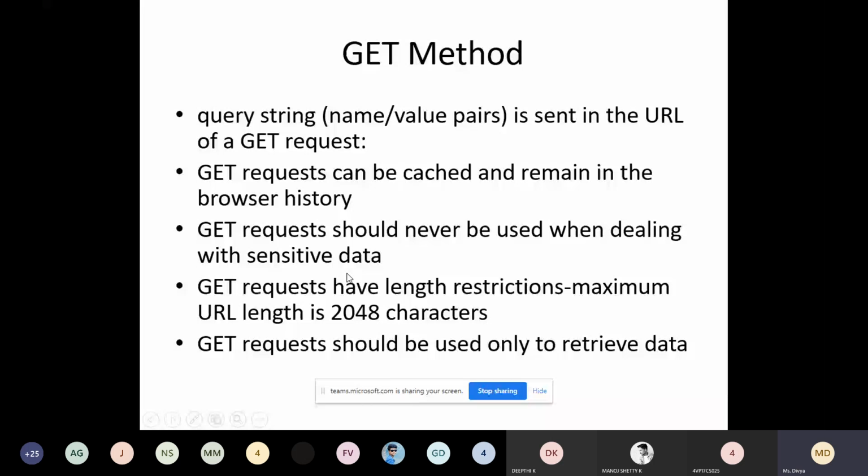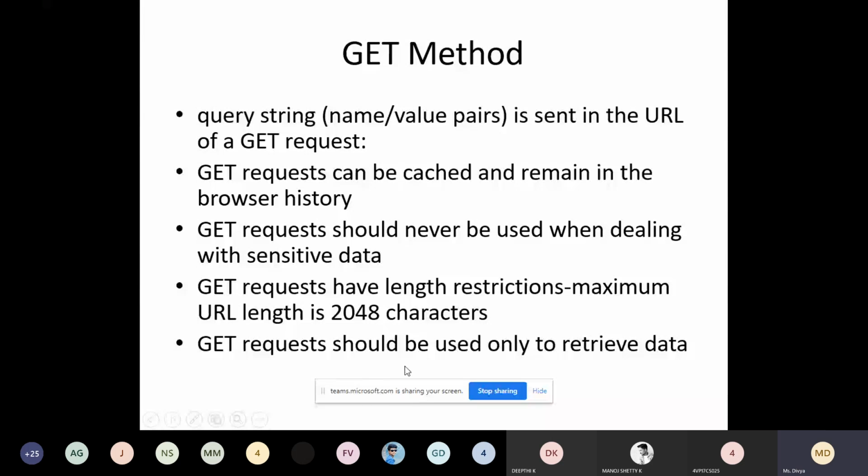One more disadvantage of the get method is that it can be used only if you have fewer than a certain number of characters, that means 2048 characters. So the maximum number of characters is 2048. That is the length restriction. We have a length restriction in the get method, whereas in the post method we don't have any length restriction.